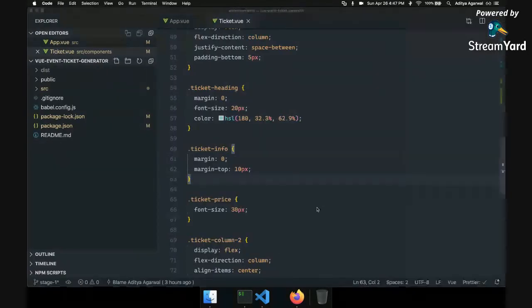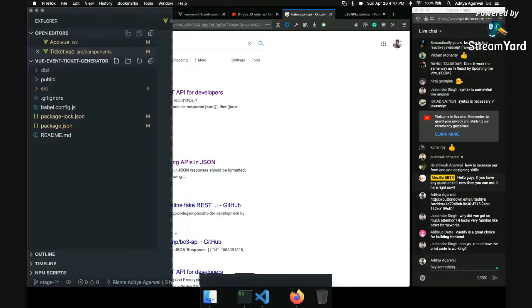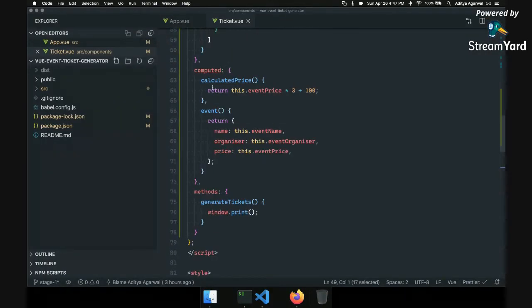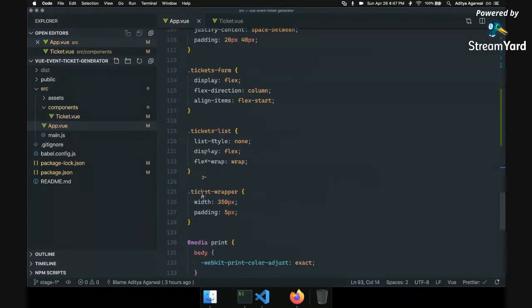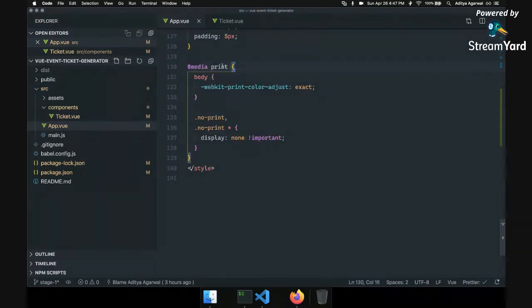Okay, somebody is asking how the print thing is working. Basically, in the app I say in media print, so this is a media query, and it gets run only when the page appears in print mode. There I defined a class no-print, and it should display none. Whatever element has the no-print class, it should display none.